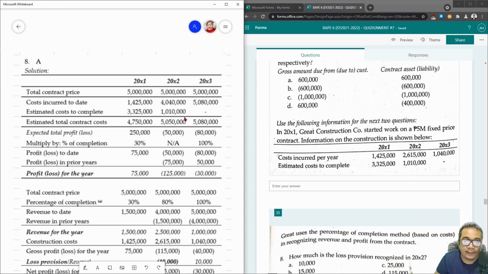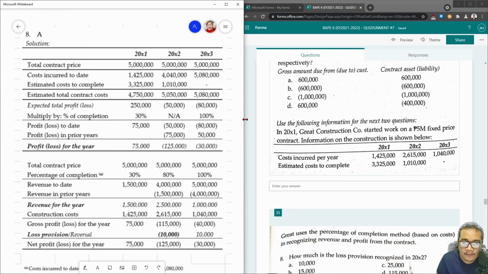So, ngayon, ito na yung problema. For 20x1, may profit ka pa rin. Expected total profit in amount of 250. Pagdating ng 20x2, onerous contract na siya. Nag-iba na. Di ba? 50,000 na. Bakit? 5M yung contract price. Pero yung estimated total contract cost, lumampas. 5,050,000 na. So, may expected total loss ka of 50K. Pagdating ng 20x3, tumaas yan into 80K. So, paano yan? Anong gagawin natin? Same sa ginawa natin sa lecture video discussion natin, di ba? Ganun lang kasimple. So, for 20x1,